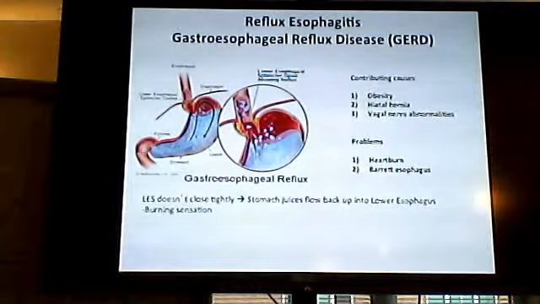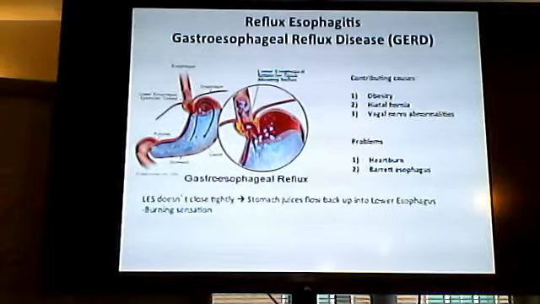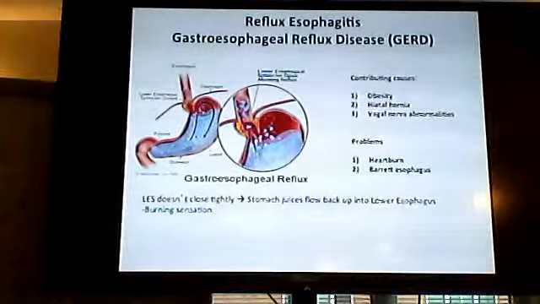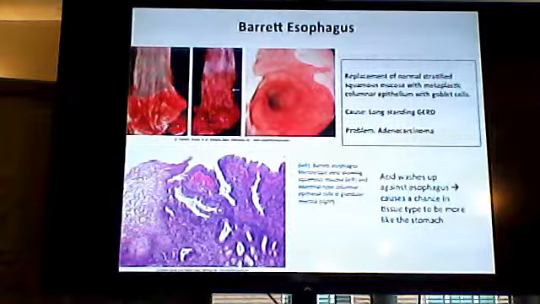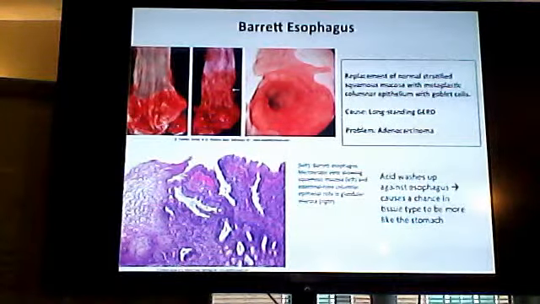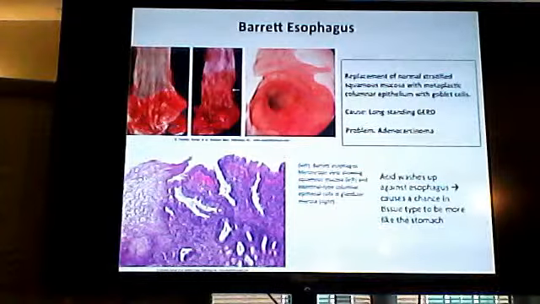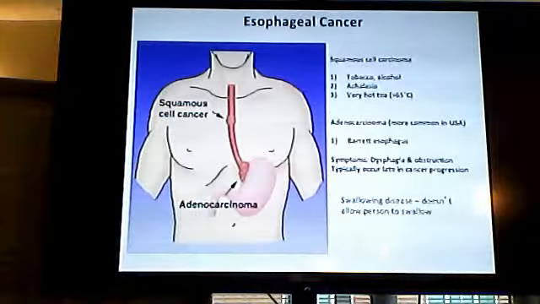You can have gastroesophageal reflux, so some of the fluid from the stomach goes up and burns the esophagus, and if it burns the esophagus too much, you have Barrett's esophagus, so you actually have a transition of the stratified squamous mucosa into metaplastic columnar cells, and then if super bad, then it can become adenocarcinomas, so cancerous.